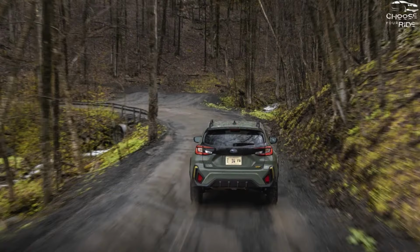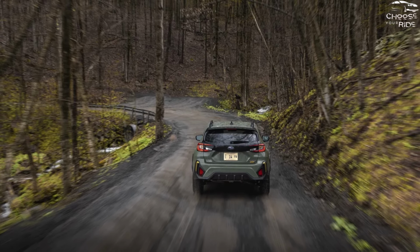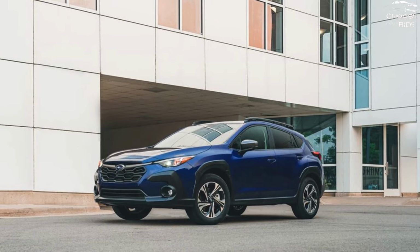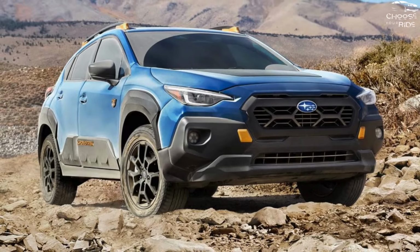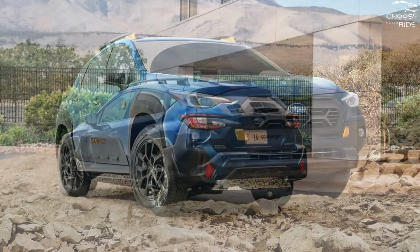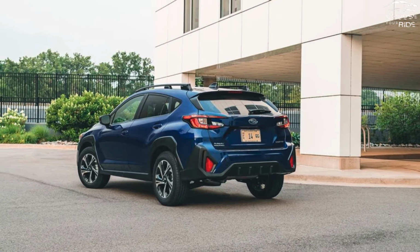How much does the 2024 Subaru Crosstrek cost? The standard Crosstrek is $26,220, which includes a $1,295 destination fee that is required. Roof rails for accessory storage, wireless Android Auto and Apple CarPlay, and an 11.6-inch touchscreen display are added to the well-liked Premium model, which we tested and costs